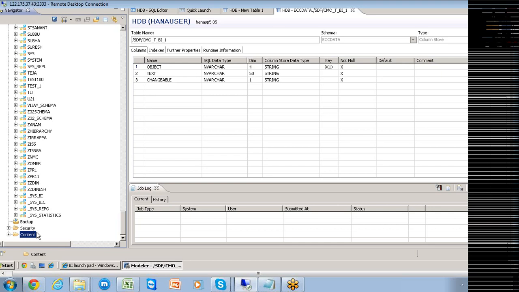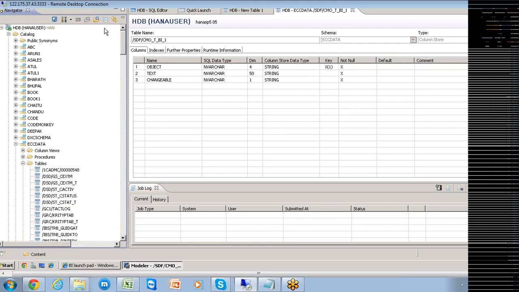Why? Because HANA is a hybrid database that can have both ROLAP and MOLAP characteristics. We have the option of using either the SQL script or the MDX script, fired on this content store, in order to produce different types of reporting applications. That's why modeling itself is a very good phenomenon, where you can see the different types of views that you can create based on the type of data in your physical content.